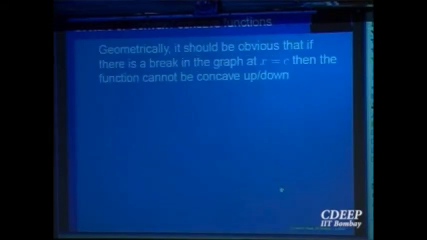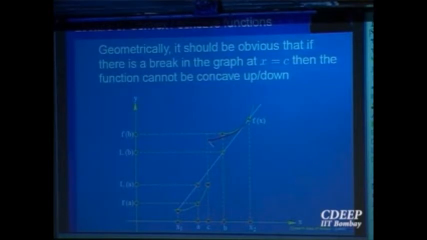But if we have some additional properties about the function, then we can say something. So let us look at the first property, that is continuity. Suppose there is a break in the graph of the function. Okay, it goes like this. I think the graph is not fully correct. It should come up to here actually, because at this point, this is a value. At the point c, there is a break.